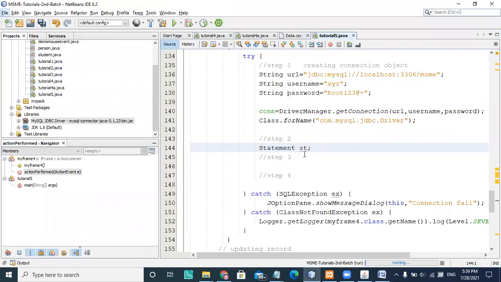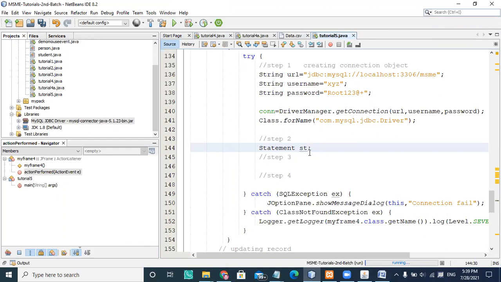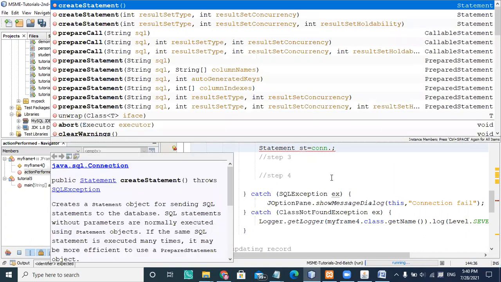Exit I already created. So when I'm choosing a statement object st, I need to initialize it. Right now we are only declaring a reference. The connection interface object has a method called createStatement, and its return data type is Statement.